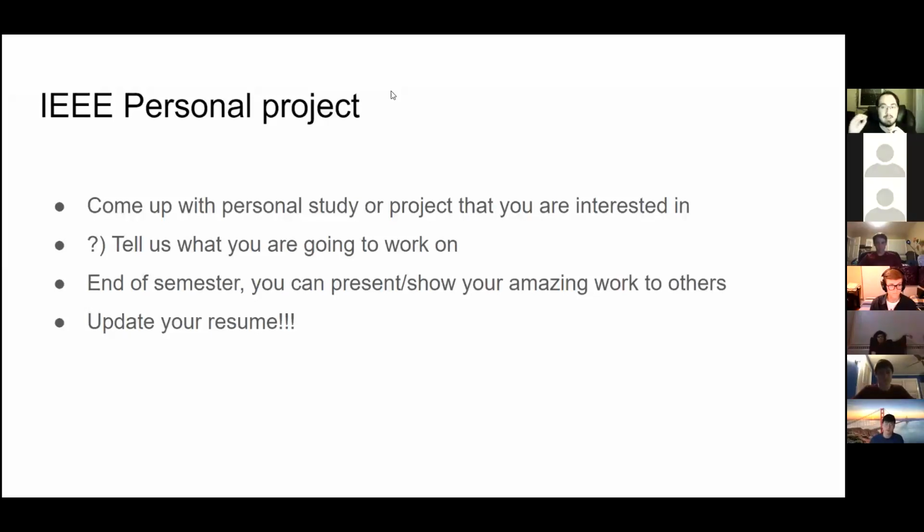which the fact that you're all here right now at this IEEE meeting tells me that all of you are people who are passionate about technology outside of just your classes. You really want to show that to employers. And the easiest way to show that to employers is with projects on your resume, clubs on your resume, and it would even be great if you gave a presentation. You could also put that you have given a talk on your resume if you decide that you want to do a workshop or a talk this semester with us.